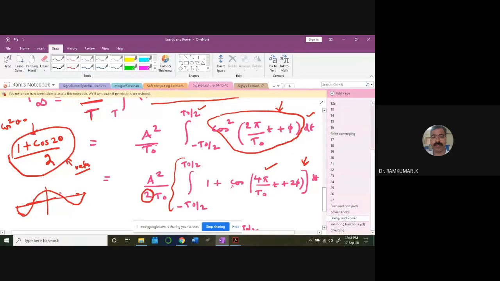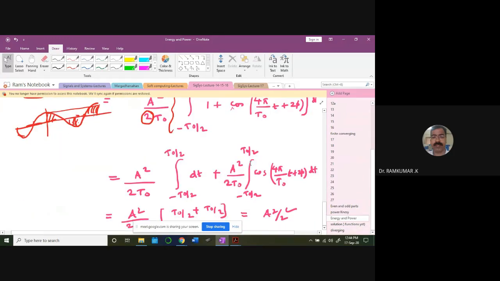It is for one period. If I compute the area from this point to this entire point, this area is going to become 0. You have two halves. This half gets cancelled by the other half here. So this area is going to be 0. So what do you get? You get these two terms, a dt term and another dt term. So this entire integral becomes 0 because of this periodic property.